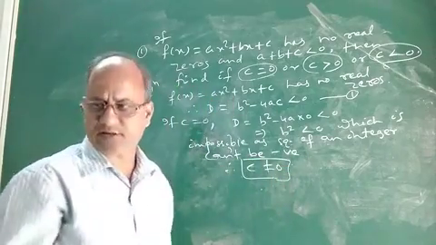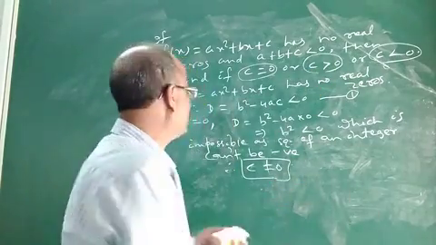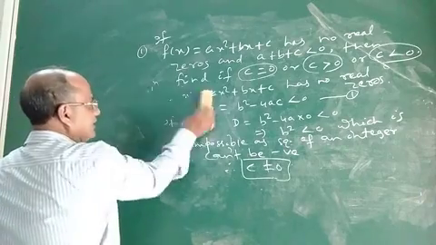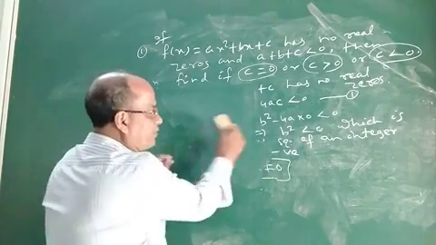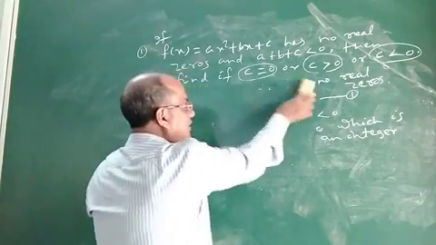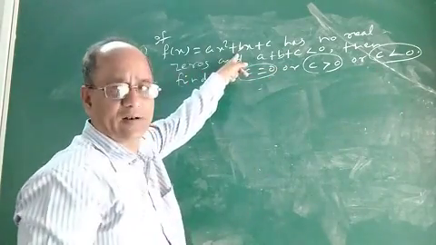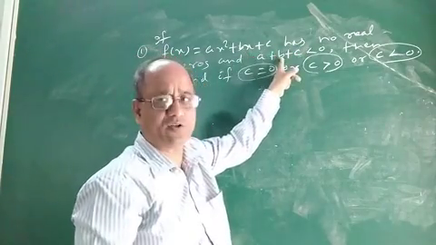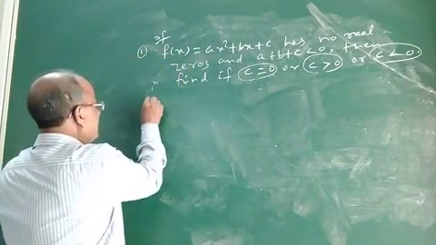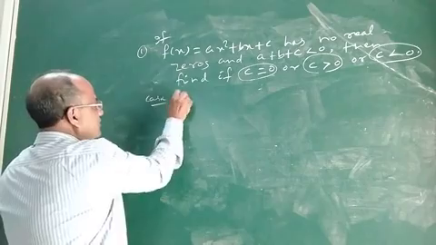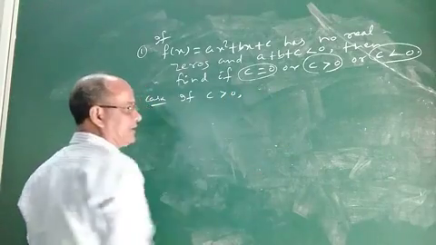Now let us test the second condition. Let us see whether c is greater than 0 or not. So what is case 2? Children, I hope you understood what is case 1. In case 1 we proved that if this quadratic polynomial has no real zeros, then c cannot be equal to 0. Now let us consider the second case. Suppose c greater than 0. Let us see what is happening.